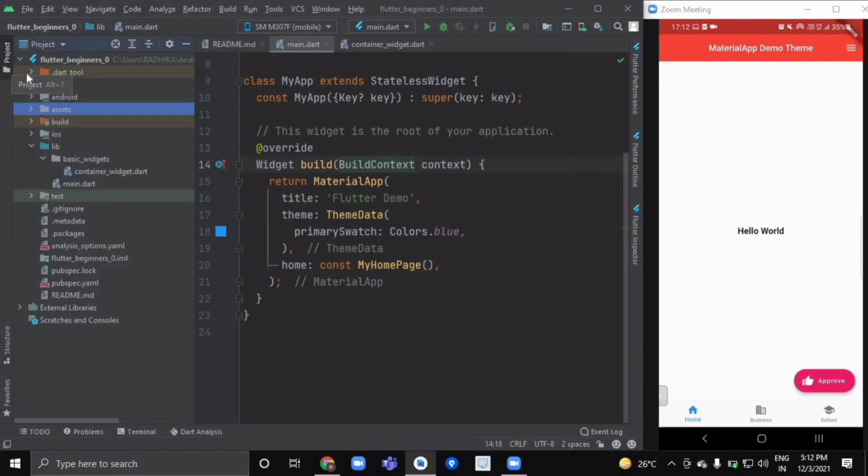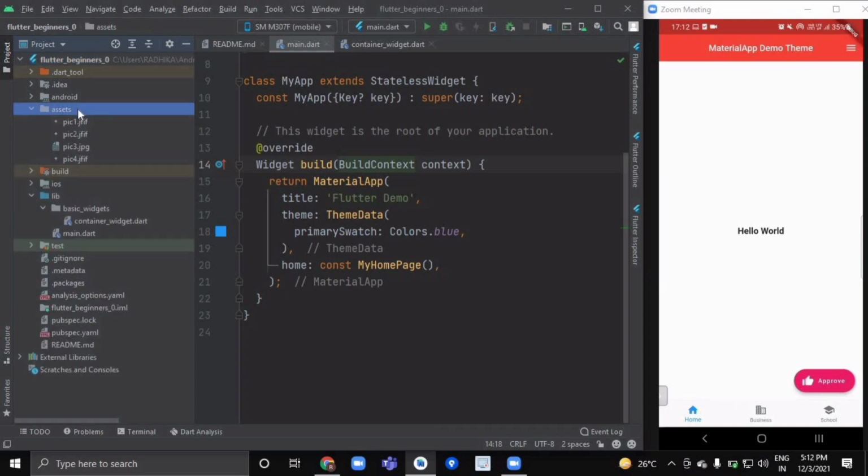Now click on your project, right click and create a new directory. I have created a directory named assets, and inside this assets folder I have stored 4 images.